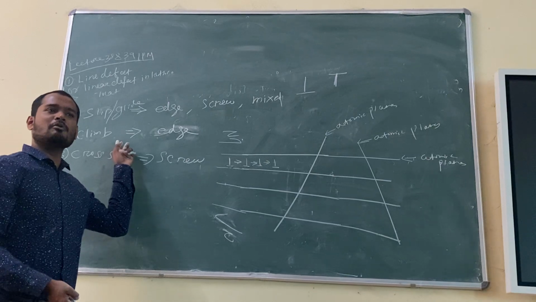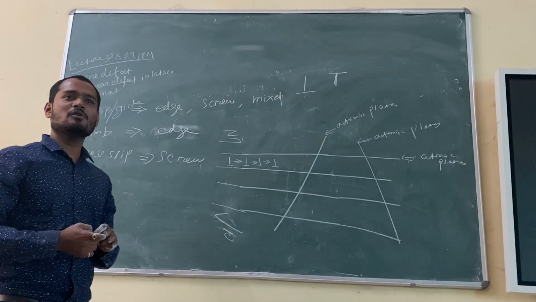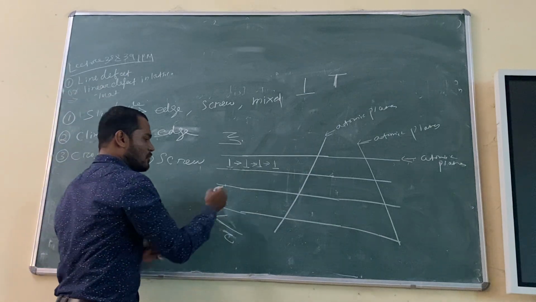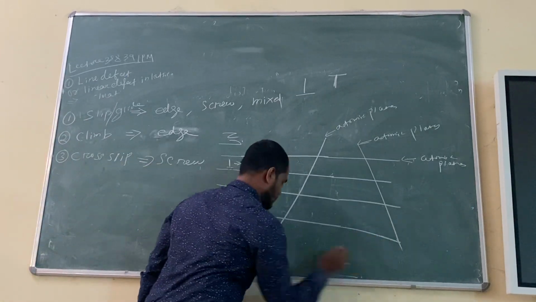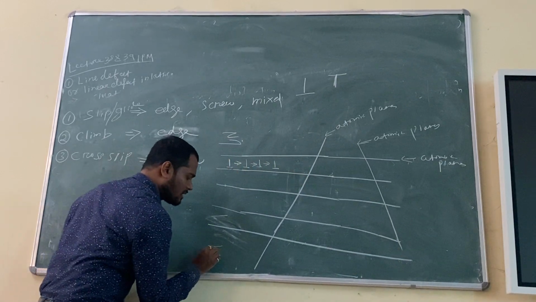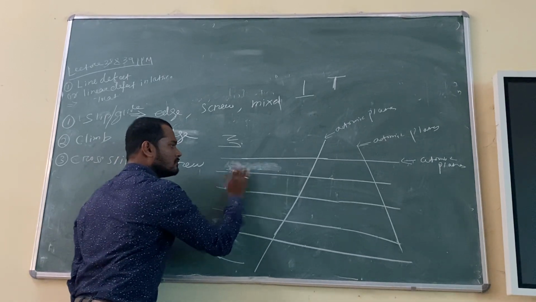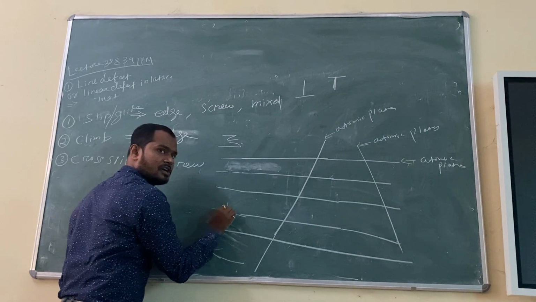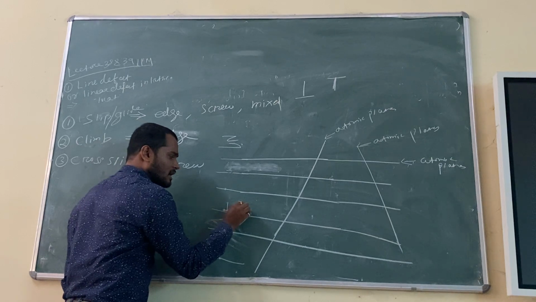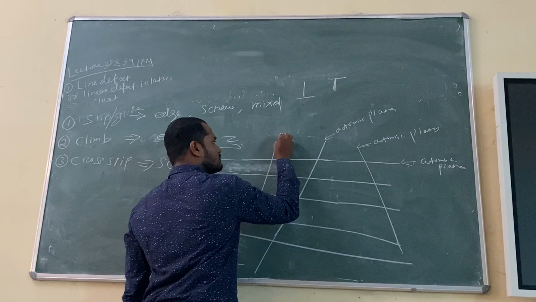But similarly, can you tell me what is the meaning of climb? You are climbing a tree, for example. So either you can go up or you can go down, right? Suppose, let me draw another. This is a new plane. Again, the same thing is acting. Suppose you are initially, okay, you have a dislocation over here. You have a dislocation over here, right? And this is, suppose there is a problem. This is, suppose, a precipitate.